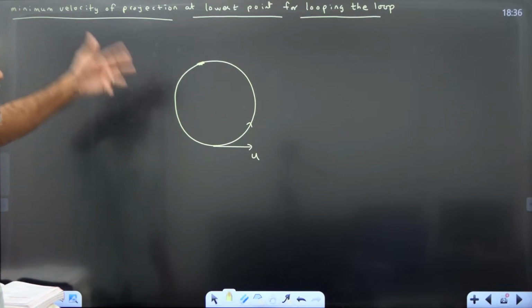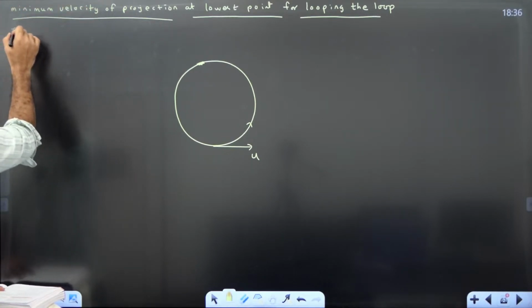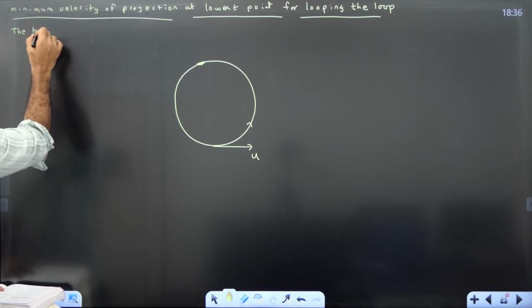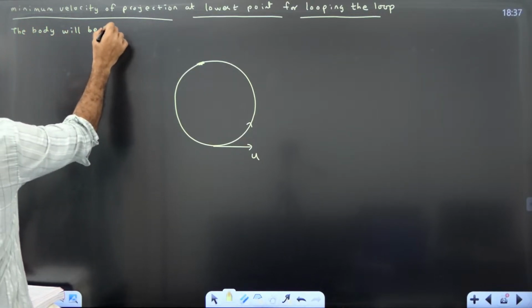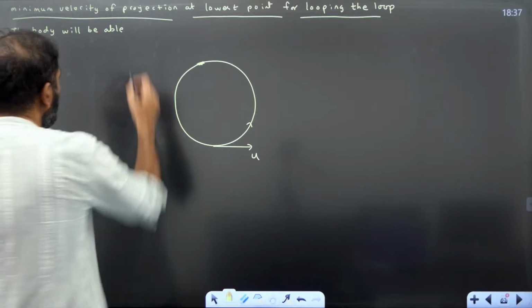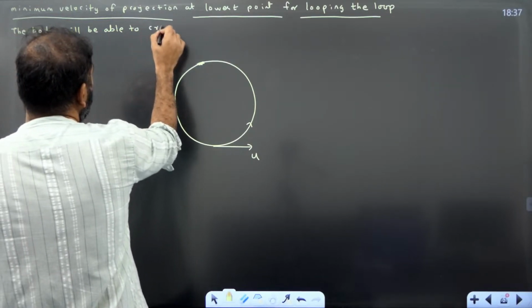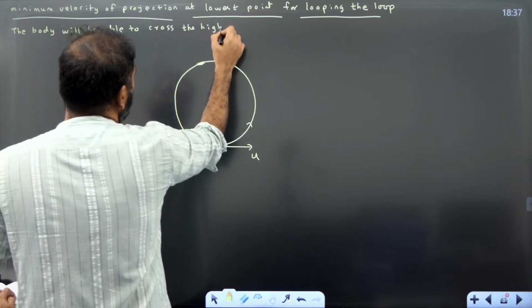It is called looping the loop. The body will be able to cross the highest point H